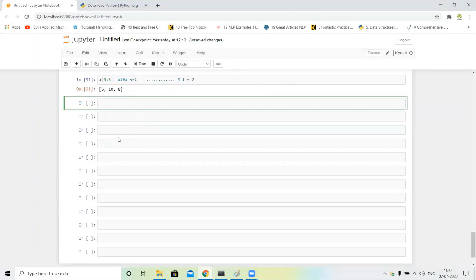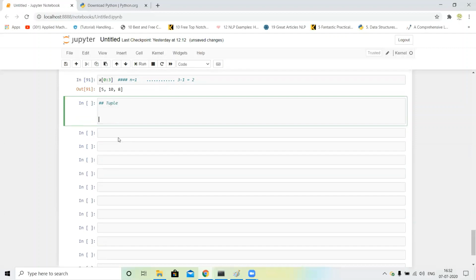Next, tuple. A tuple is an ordered sequence of items same as a list, but the only one difference of a tuple is it is immutable. Immutable means we cannot change or modify it. Its symbol is parentheses, guys.